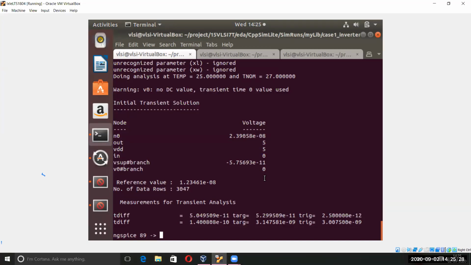That's fine. Understand? So what is our propagation delay? In the first, tdelay is 5.049 times 10 to the minus 11, which means it's 50 pico. Then trise is equal to 5.299. So here, what is that propagation delay? For the first case, what is the trise, 2.5 times 10 to the minus 12? That is actually